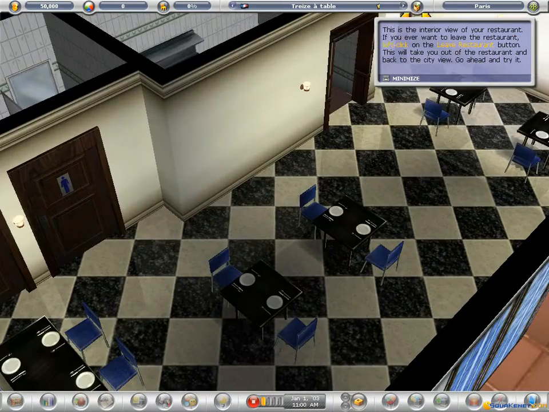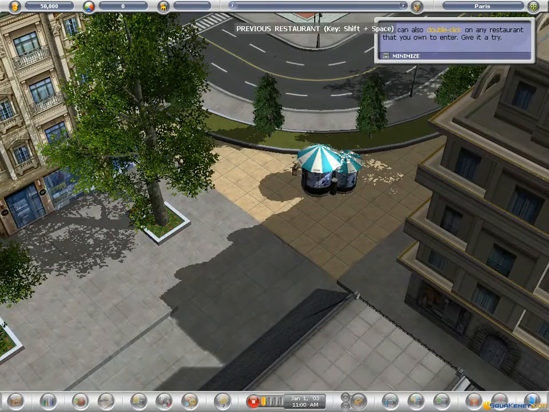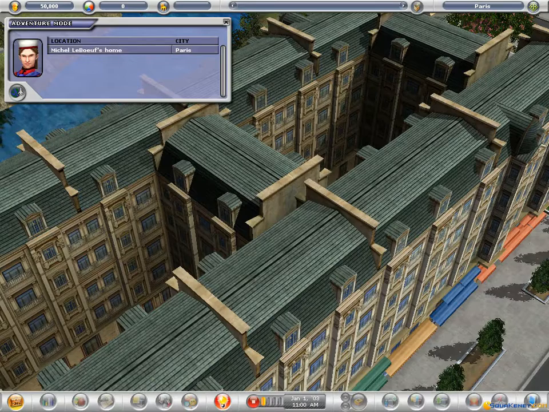This is the interior view of your restaurant. You can also double-click on any restaurant that you own to enter. Give it